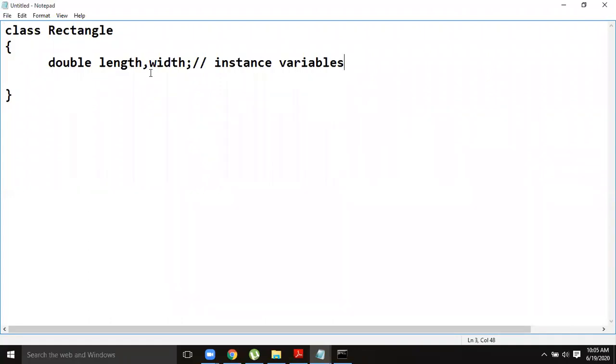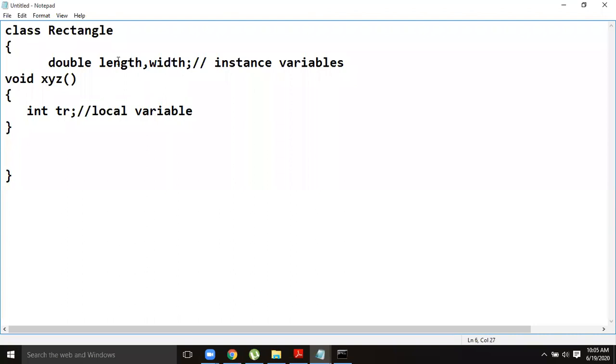Instance variables can be used anywhere. For example, if you have an XYZ method that contains a variable tr, you must know that tr is a local variable, while length and width are instance variables.